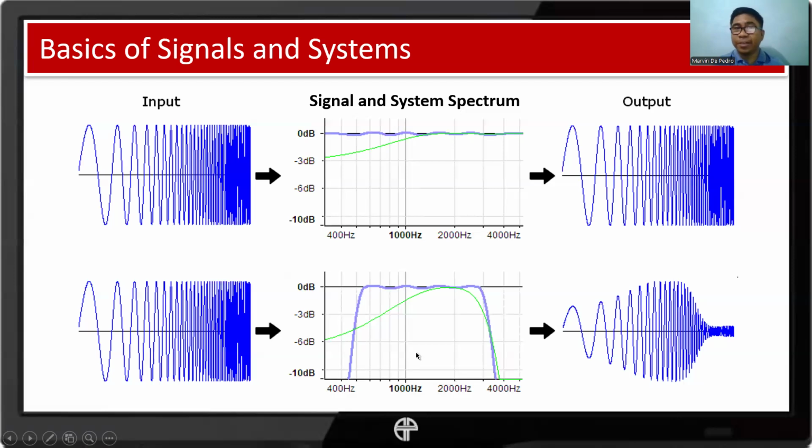And as you can see, there are portions of our signal that are beyond the system spectrum. We have some portions on the lower side, the lower frequency ones, and some portions on the higher frequencies that are not included in our system spectrum. So imagine the tunnel, and a certain track does not fit in the tunnel, then most likely the portions of the track that don't fit in the tunnel will get cut off, will be removed. It cannot go through the tunnel.